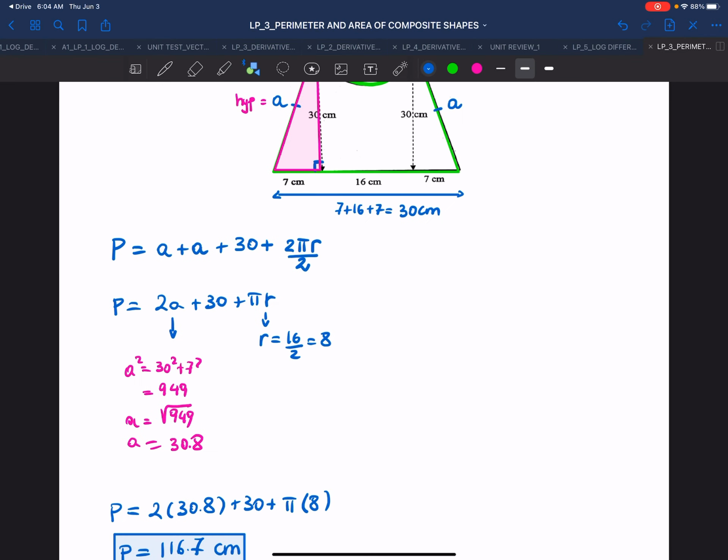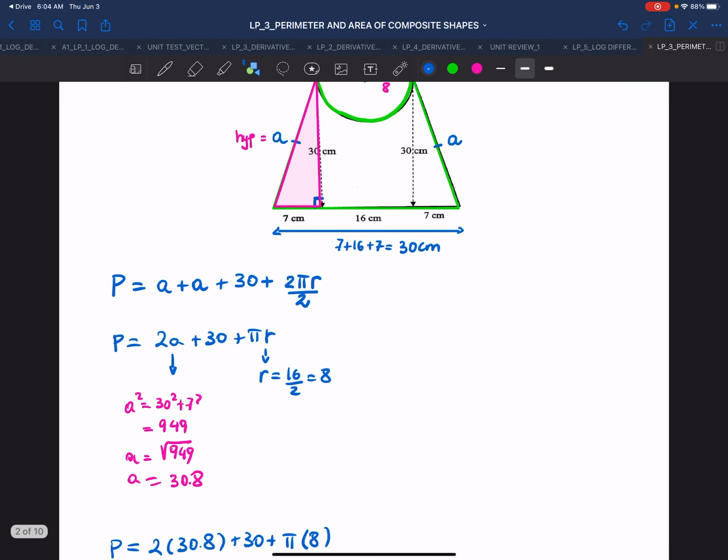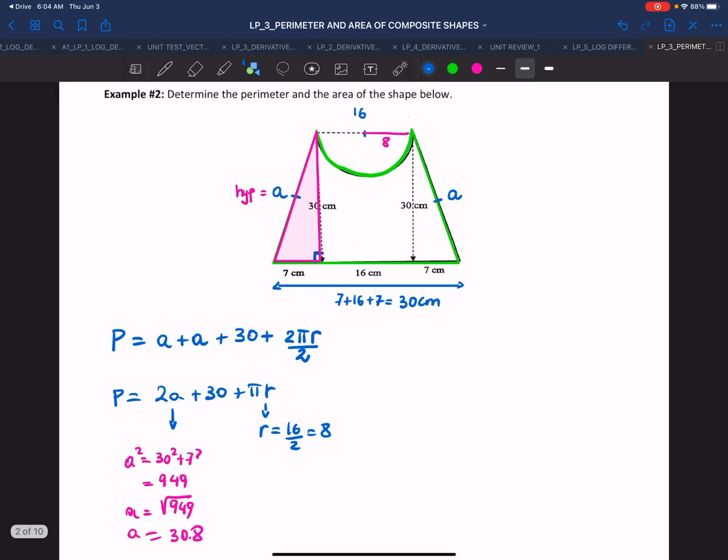And I will box this up here. Now, the next thing we want to do is find the area. Now remember that the area was the area of the trapezoid, we said, but we have cut out a circle. So we're going to call the area of the trapezoid by letter A1. And we're going to call the area of the semicircle or half circle by A2. So the total area would be equal to